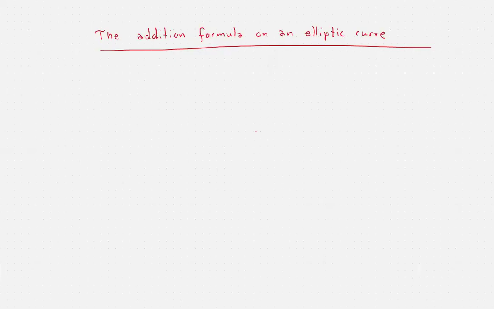So we would like to present the most general formulas that we will ever need in order to add explicitly points on an elliptic curve. Here I should say that we're following Silverman's book, and the reason for not going with an elliptic curve which has equation